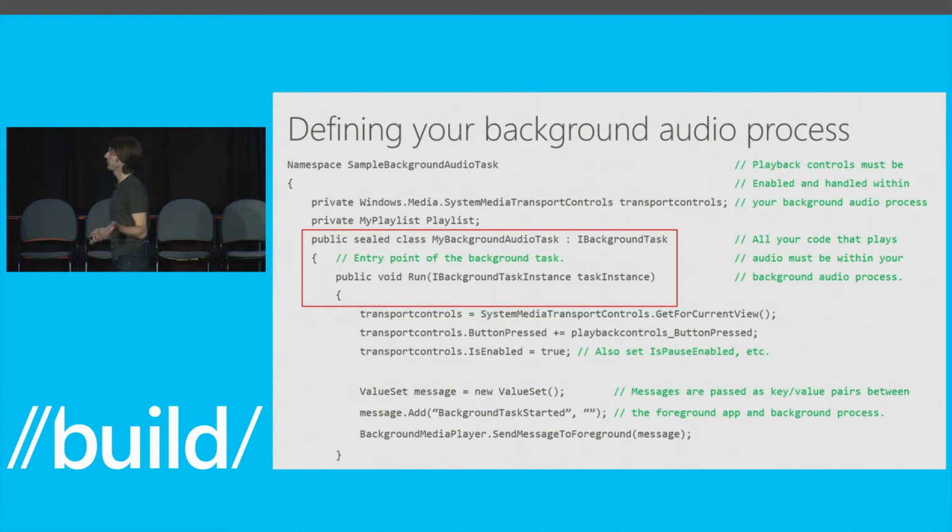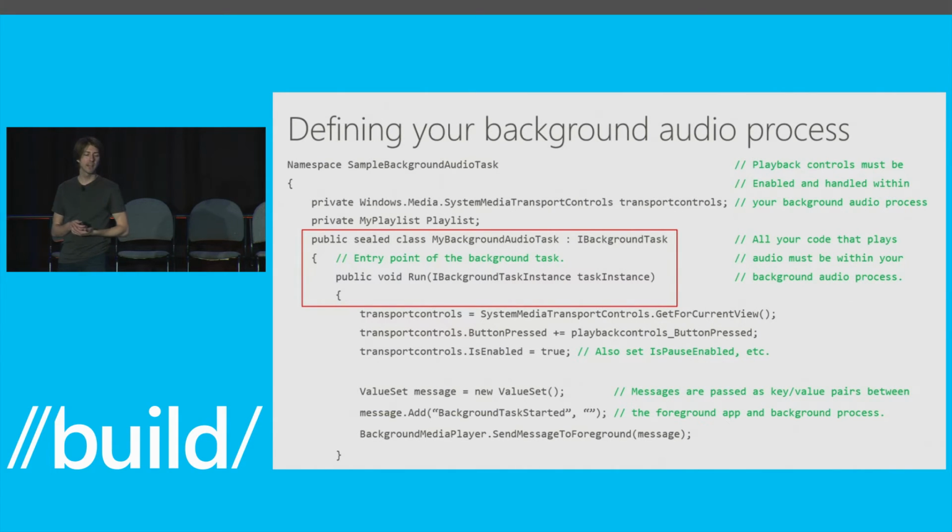you might notice that the namespace and the entry point, the class, are the two things that you specified in your app manifest. And so you just implement that class. It's pretty straightforward. The most important thing that you do in this is you handle all of your audio playback capability here, and you handle all of your media transport controls. If you don't, your app will get suspended, and then when you push the buttons on the media transport control, they go to dev null, and nothing happens,